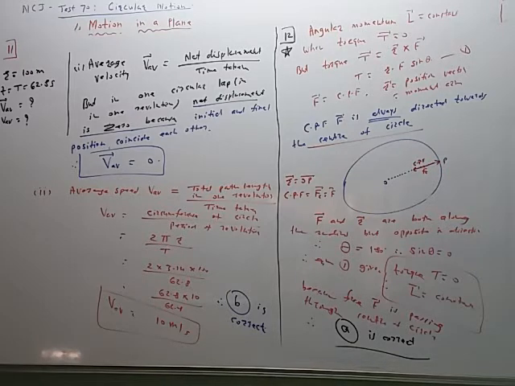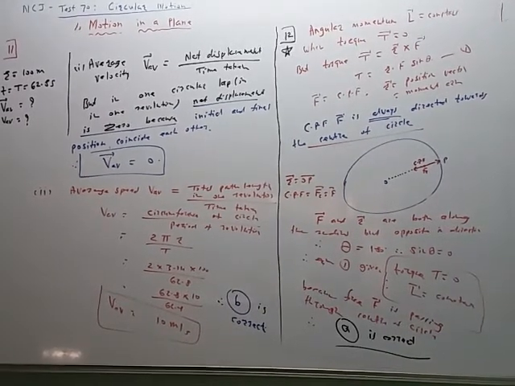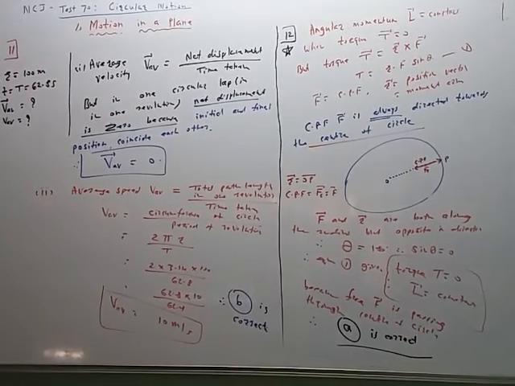Its magnitude is given by mvr, and direction is perpendicular to the plane of the paper for anti-clockwise direction like this. m is not 0, v is not 0, r is not 0, so angular momentum remains constant. But the reason is this: theta is equal to 180 degrees, because r is in this direction from O to P, and centripetal force is along the radius toward the center. One vector is away from the center toward the circumference, the radius vector, and the other vector is toward the center along the radius. So theta is equal to 180 degrees. Therefore sin theta is equal to 0. Therefore torque is 0. Therefore L is constant.